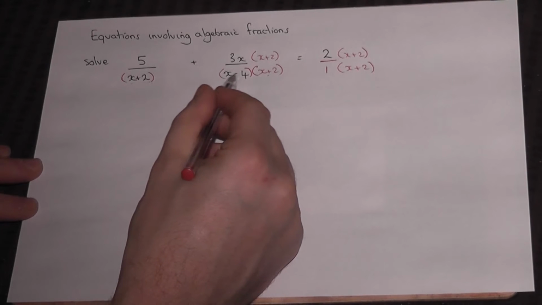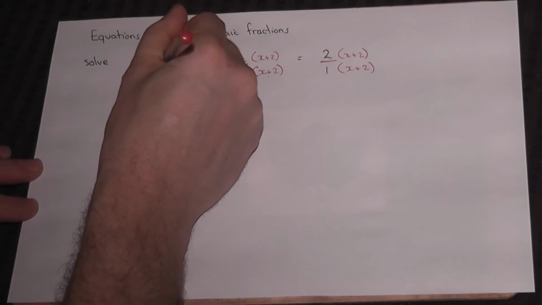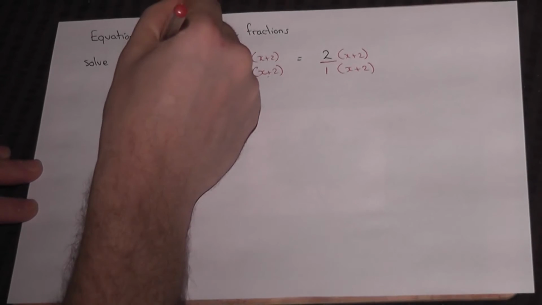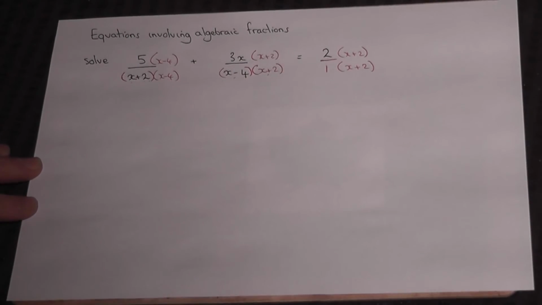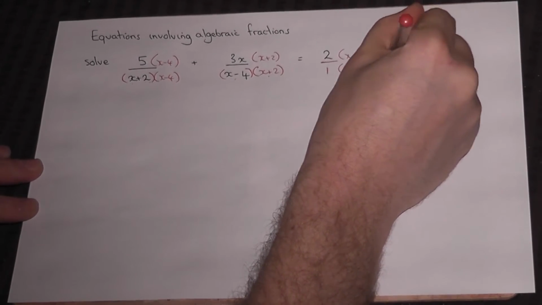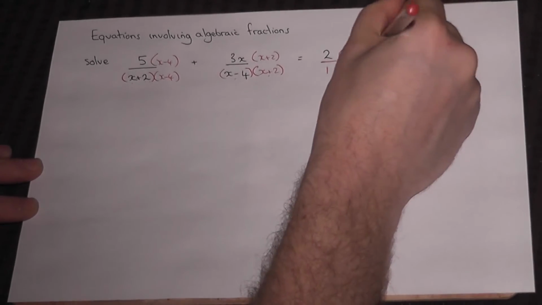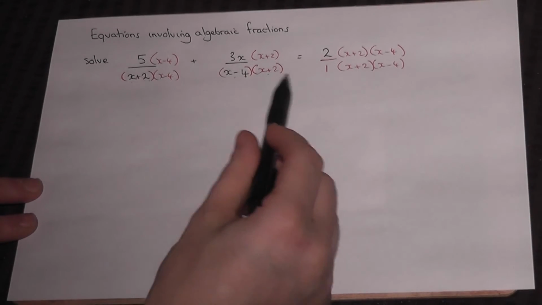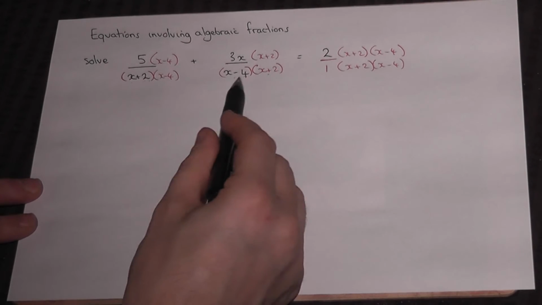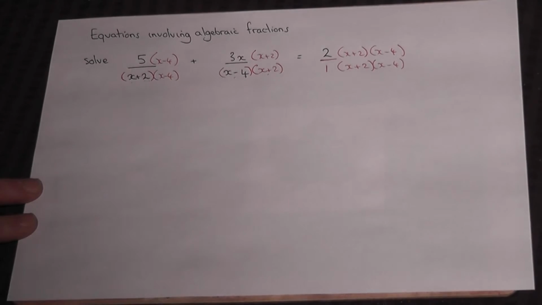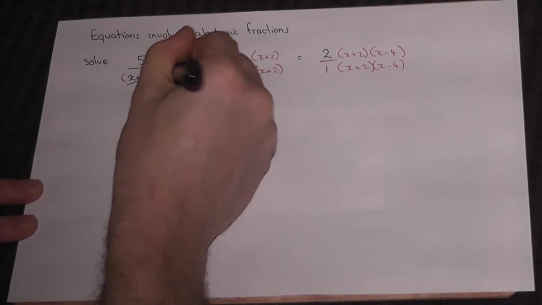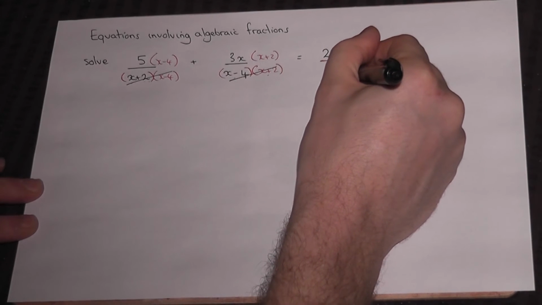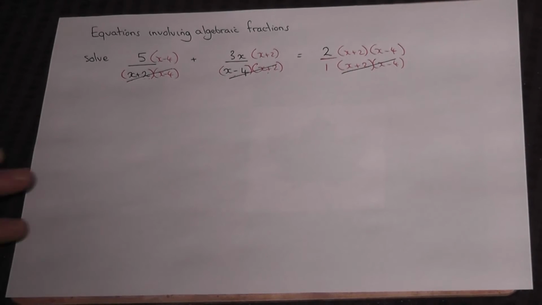I then take the x minus 4 and do the same thing. So I force it in down here, and therefore on top as well. And I also force it into the one over here. I therefore do it on the top as well. Now, these three parts of the equation therefore now share a common denominator, albeit with it swapped around for the middle one, but it's there in all three. So I can now just literally cancel off the denominators because it's an equation. And so I'm left with the following: